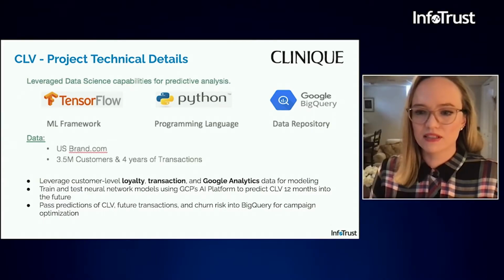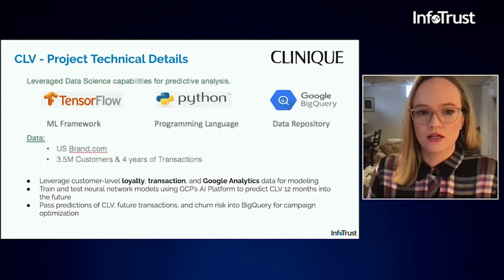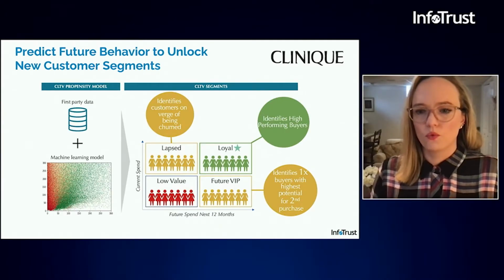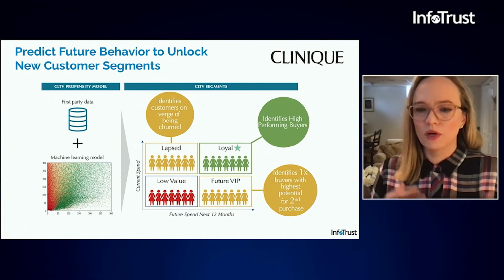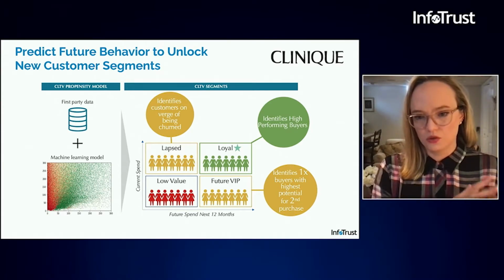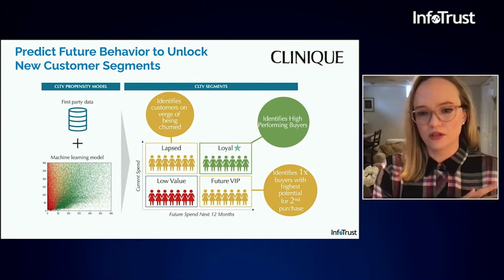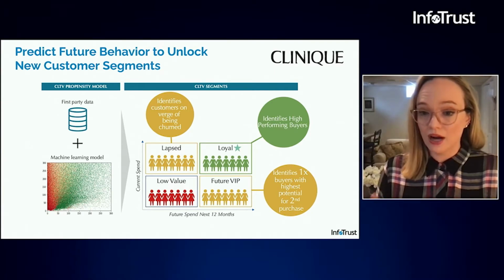So I'm going to take you a little bit through how we leverage this day to day. So I think we're going to the next slide, if you could. So we have this amazing model now with the help of InfoTrust and our team working together so beautifully. But what does it do for us? Before, we just knew what people did historically, we had that hindsight view that Michael was talking about. Now we can combine that with their predicted behavior. And what that does for us is unlock new customer segments that we never had before.